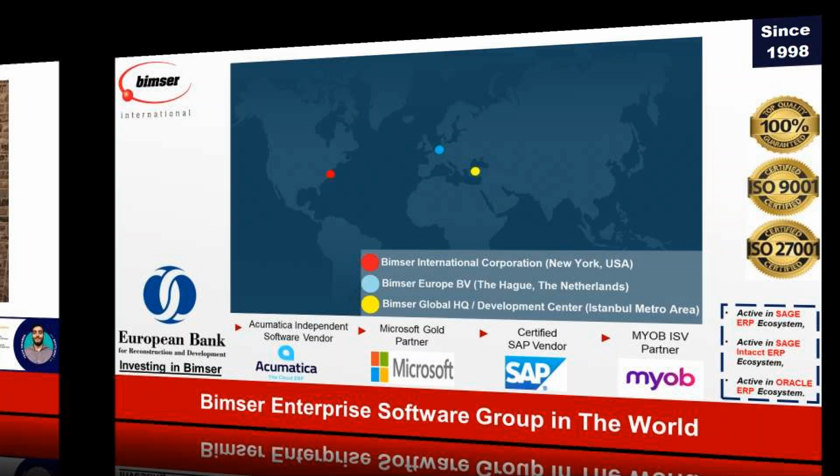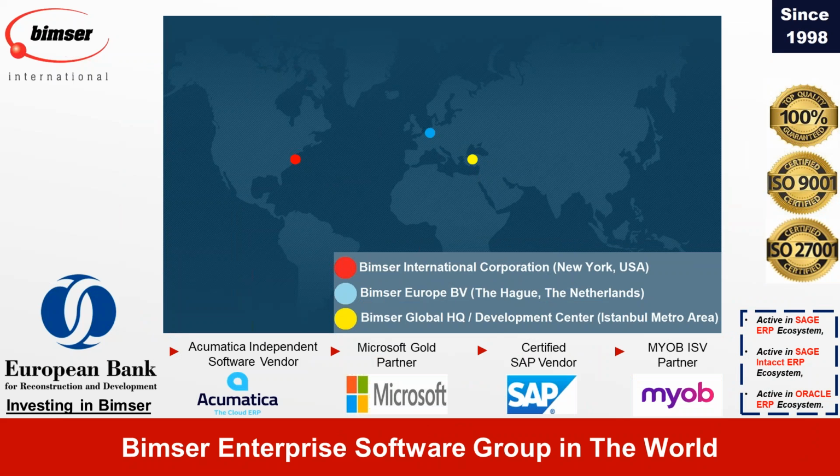As Bimser International, as you see on the map, we are a group of companies. We have global presence while we are based in New York area. We are about 200 people. We are a growing organization. European Bank for Reconstruction and Development is one of our investors, and we are very active in various